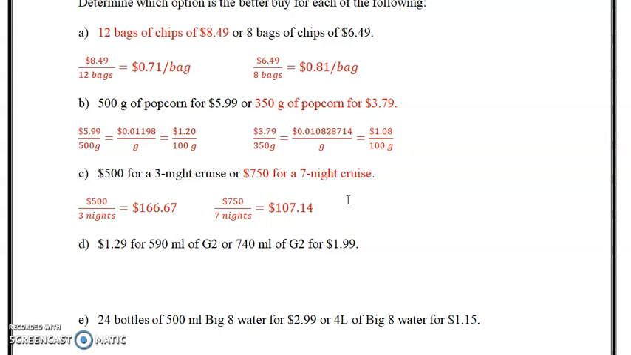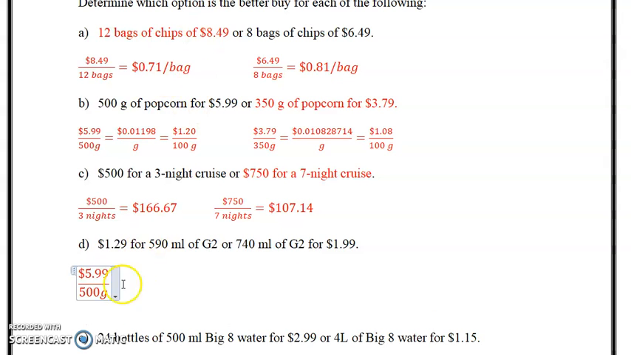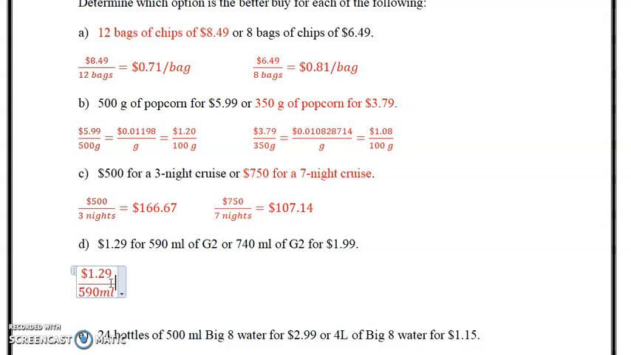Next one is two sizes of G2. One is $1.29 for a 590 milliliter, and the other is a 750 ml of G2 for $1.99. So we're going to calculate that. So we have $1.29 for 590 milliliters, and that's going to equal,